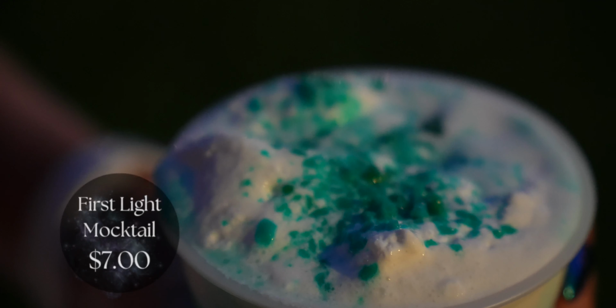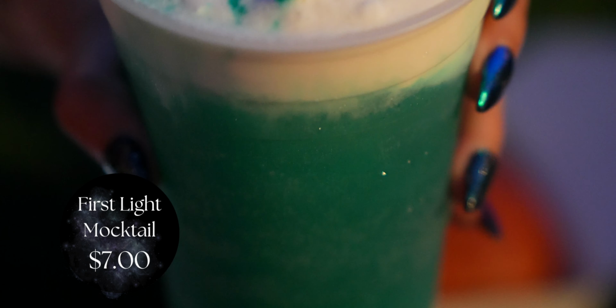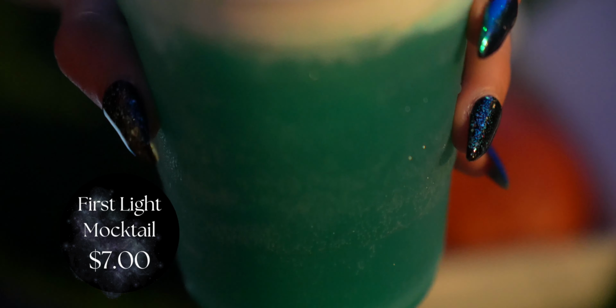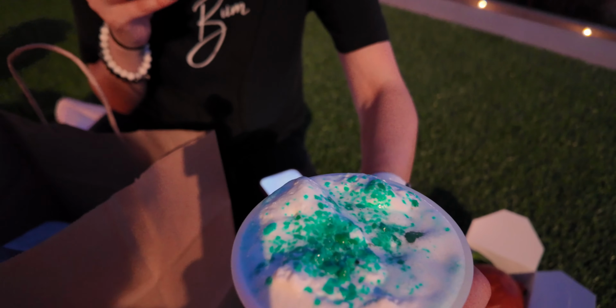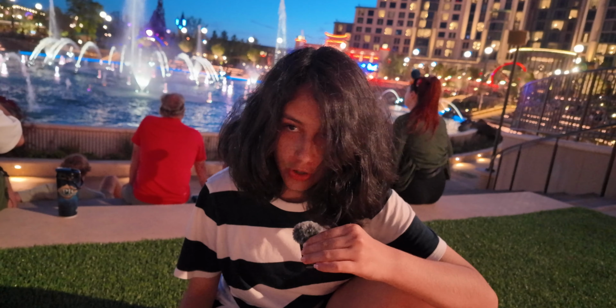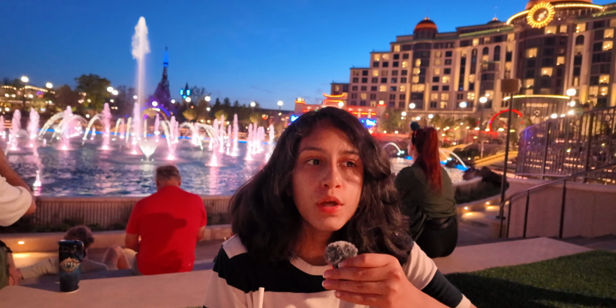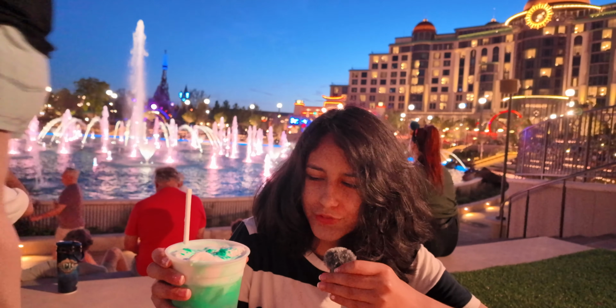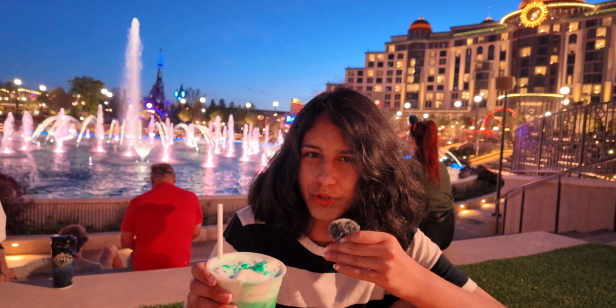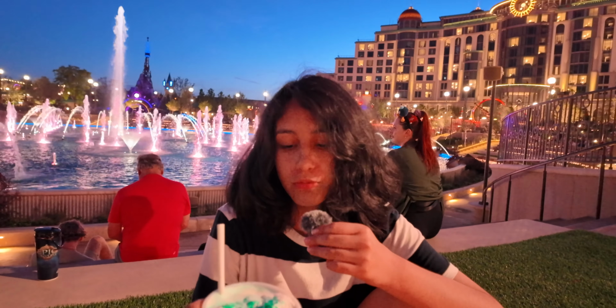This is the First Light mocktail, which is a blue raspberry syrup, vanilla cream syrup, blue prism powder, Minute Maid blue raspberry, Sprite, and sweet cream cold foam with Pop Rocks on top. That is celestial in a drink. From the straw, you get the actual drink itself, which is just blue raspberry. Pretty sweet drink. I think they've used that same kind of blue raspberry part for a lot of other stuff too. The cold foam, I believe, is also similar to one they use with butterbeer. And then with the nice addition of the blue raspberry Pop Rocks,